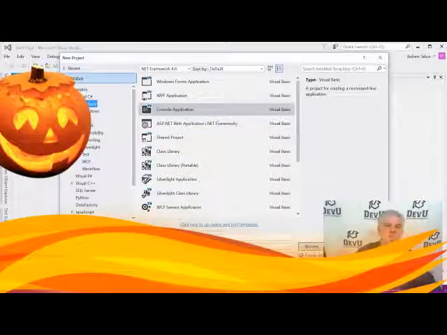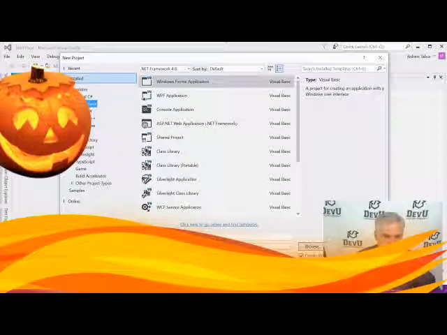And this is important. If you get lost on this step, you're going to be significantly lost. So take a moment and really pay attention to what you're doing here. Make sure you're in the installed templates here on the left-hand side. You're going to see a number of languages and tools beneath the word templates. You must make sure that you have selected Visual Basic. If not, you're going to wind up with a weird template and you're not going to know what to do next. I've gotten enough comments through the years to know that this is a frequent mistake that people make. So make sure that you select Visual Basic, and then you'll see a list of template types.